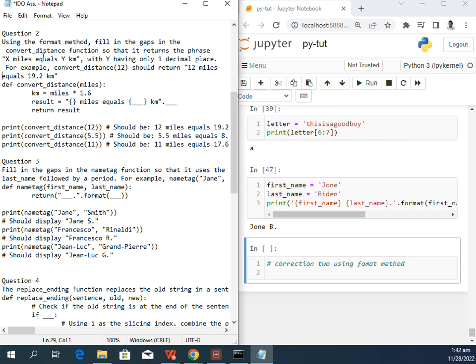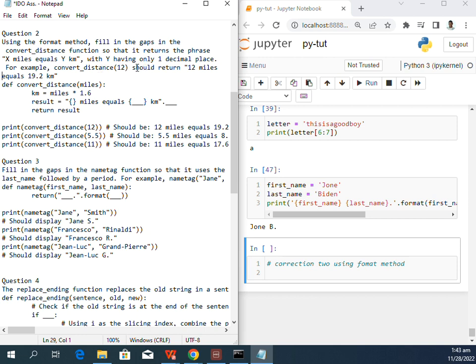So we said use the format method, fill in the gap. Using the format method, fill in the gap in the convert distance function so that it returns the phrase x miles equals y kilometer. So with y having only one decimal place, for example, when you invoke the convert distance function,